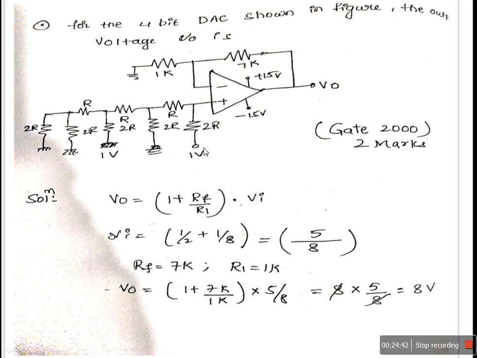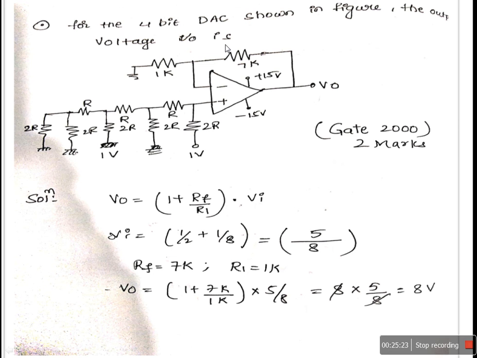That's the reason. So for 1 by 2, the voltage is V into D1 into 1 by 2, so 1 volt into 1 into 1 by 2, and V into D2 into 1 by 4. Here D2 is 0, that's the reason 0. And here the voltage is V into D3 into 1 by 8, because this is the third bit position. So that's the reason 1 by 2 plus 1 by 8. The remaining bits are all connected to the ground. The input voltage is 1 by 2 plus 1 by 8. If you rationalize this, you get 5 by 8.